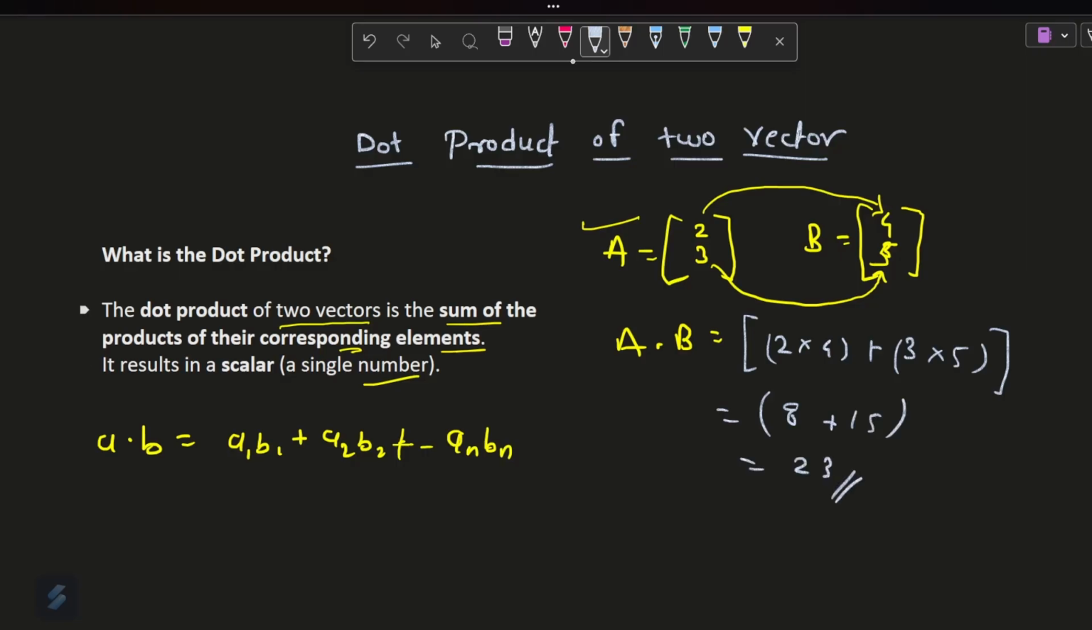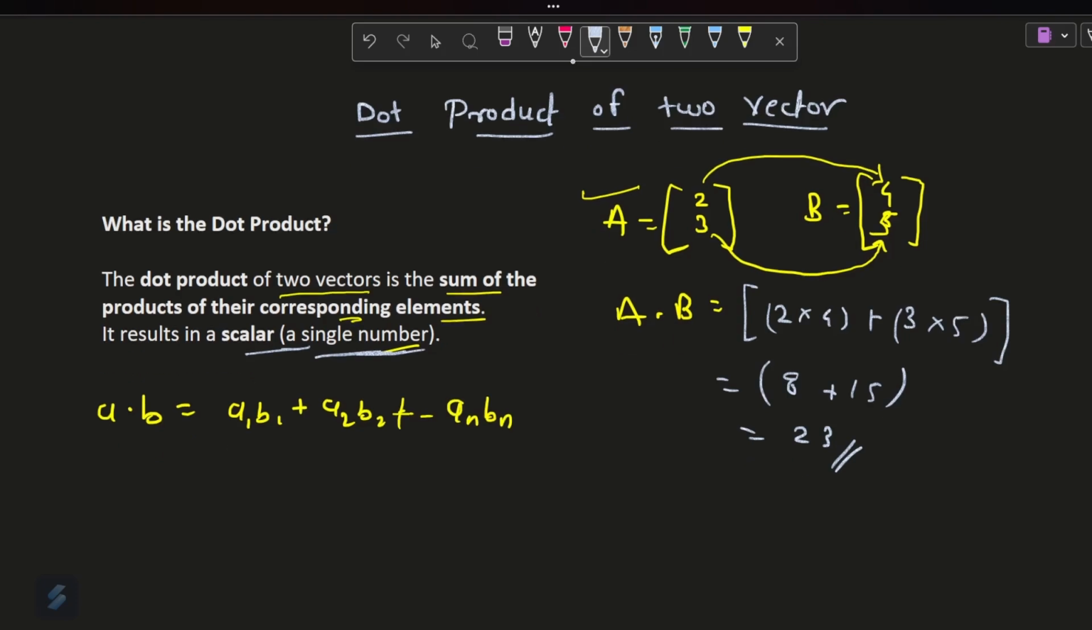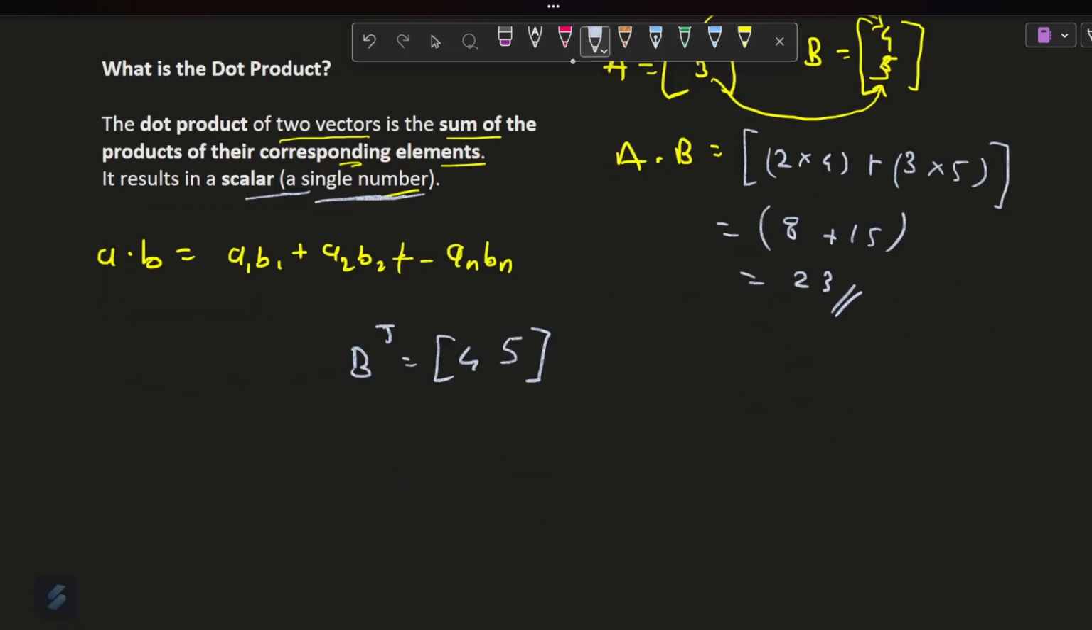That's the definition: the sum of the products, and you get a single value, a single scalar value. That's what we get from a dot product. What happens when we take the transpose of B? The transpose of B means 4 and 5. Similarly, the dot product of A and the transpose of B is nothing but